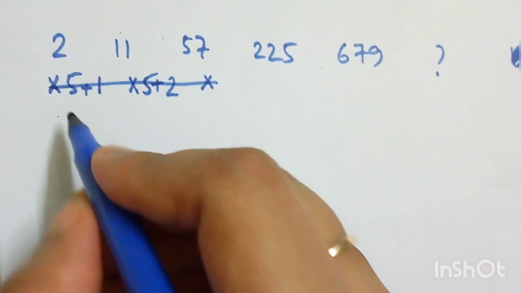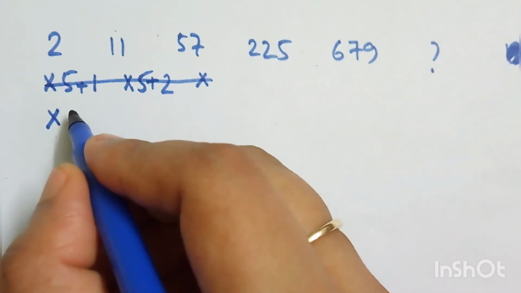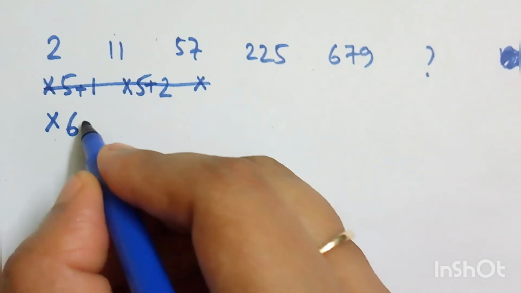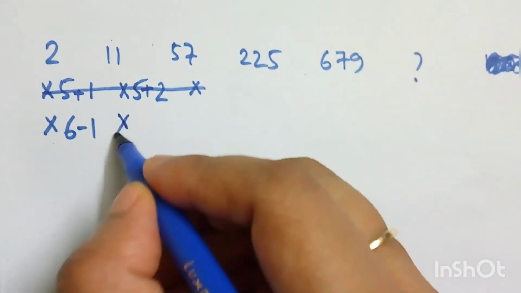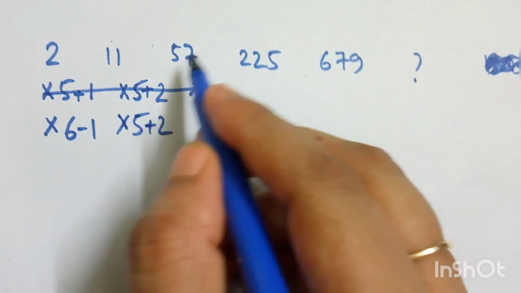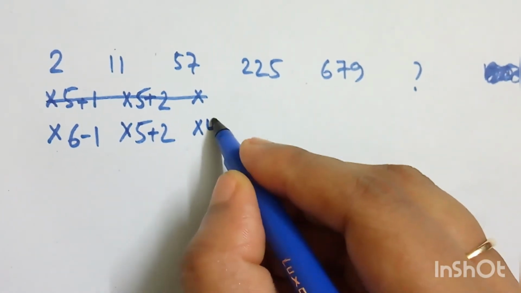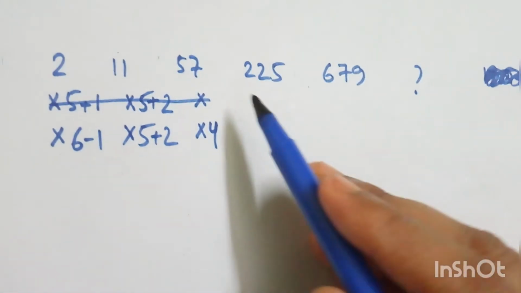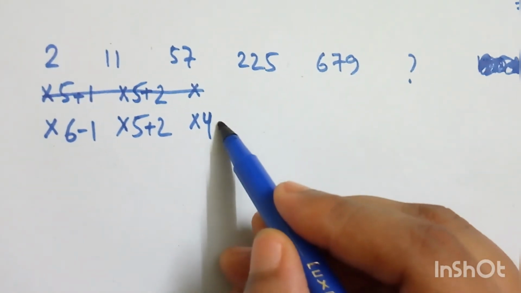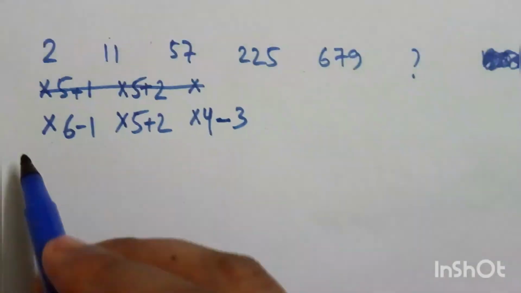Okay, so let's multiply this with 6. So you will get 12. 6 into 2, 12 minus 1, you will get 11. Then 11 into 5, 55 plus 2, 57. Then if you multiply this into 4, you will get 228. So from there minus 3, you will get 225. So the series is